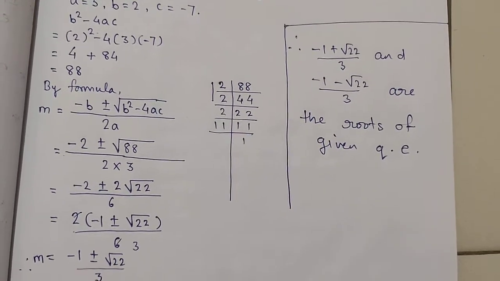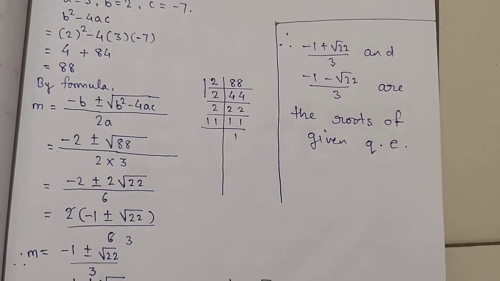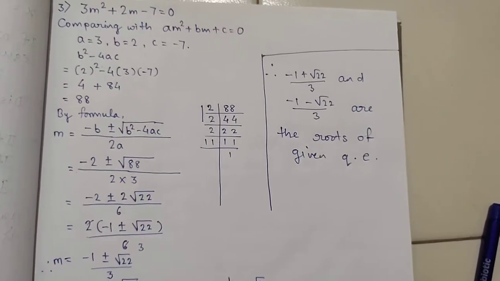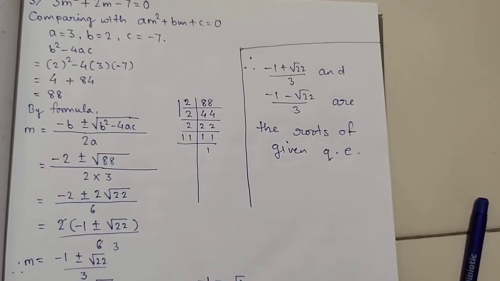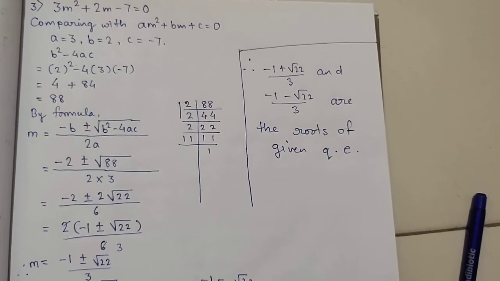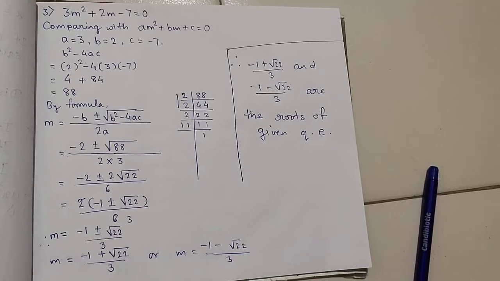Now the remaining 4 questions, that is question number 2, 4, 5 and 6, you are going to do on your own. If there is any difficulty, then you are free to ask me. Okay, so the remaining questions, that is question number 2 onwards, you are going to do on your own, and after solving you are going to send me the pics.